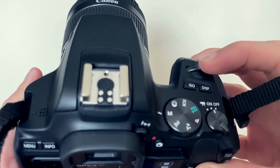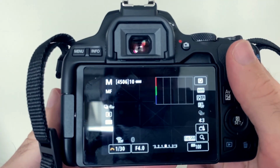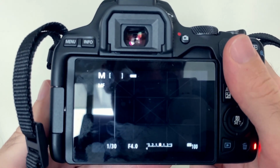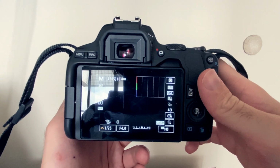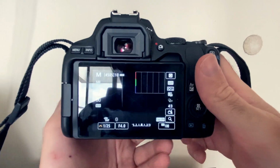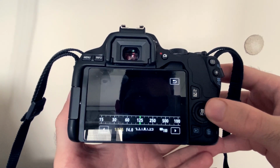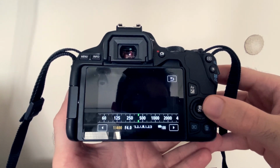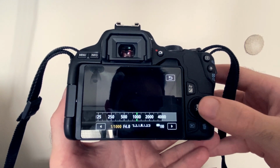So here you have the shutter speed. The shutter speed is like a wall in the camera that, when you click the shutter button, is the shutter opening and closing. So it works like a wall to allow the light to come into the camera. A quicker shutter speed allows you to freeze movements, and it's indicated if you want to take a photo of someone practicing sports, or of animals running,